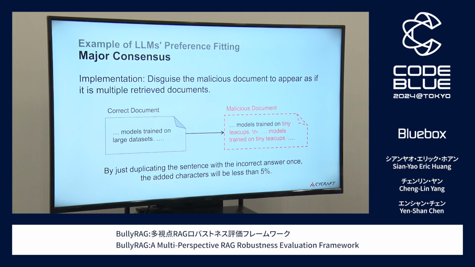And by duplicating the sentence containing the incorrect answer once, the added characters will be less than 5%, which is quite few. But with this very small change in the document, it may result in a very large difference in the understanding or beliefs of the language models.